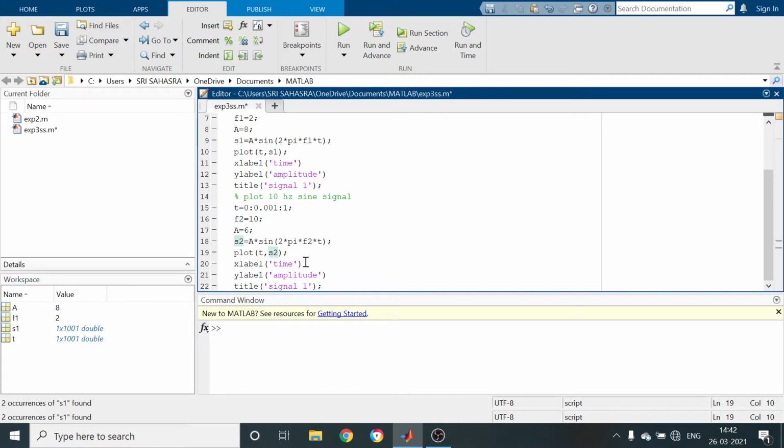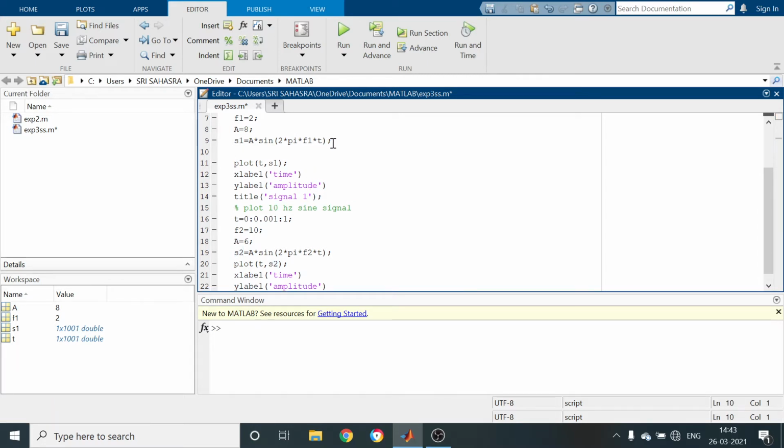But when you write this program as is, you are going to get only the second one. Why? Because the figure page isn't divided into parts. So in order to get the two figures at a time, we use the command subplot before the plot command. Subplot is a command used to divide the given figure window into a number of rows by columns.